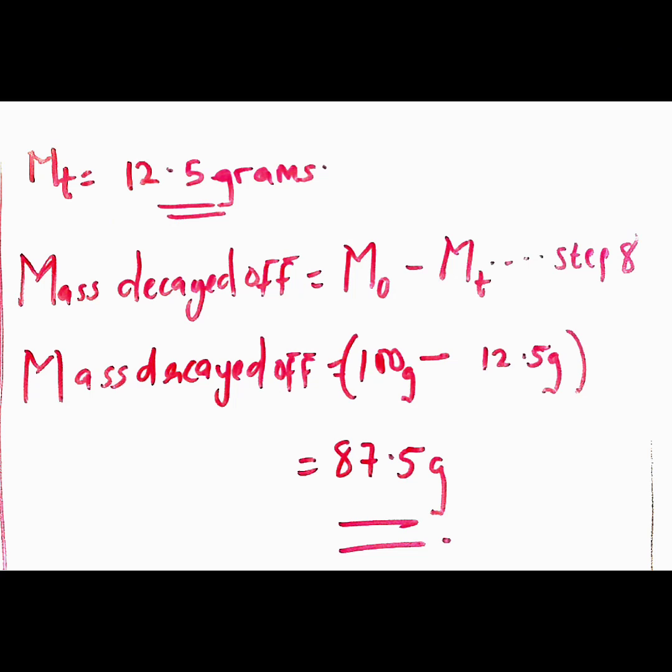Now what about the mass that has decayed off before getting to mass after 15 days? That is what leads us to step 8. So we have our initial mass minus the mass after 15 days. Our initial mass is 100 grams minus 12.5 grams. So when we have the mass decayed off, it's going to give us 87.5 grams. So that's how we arrive at